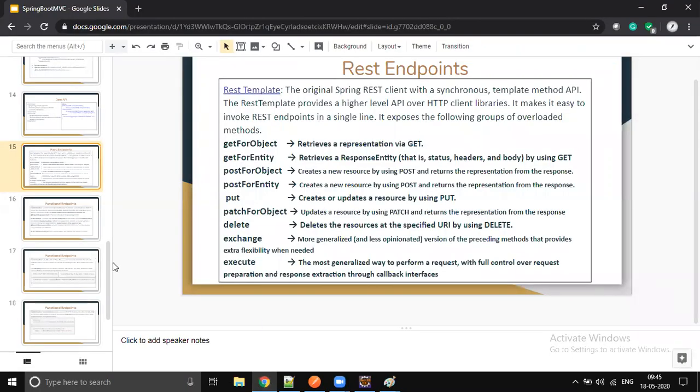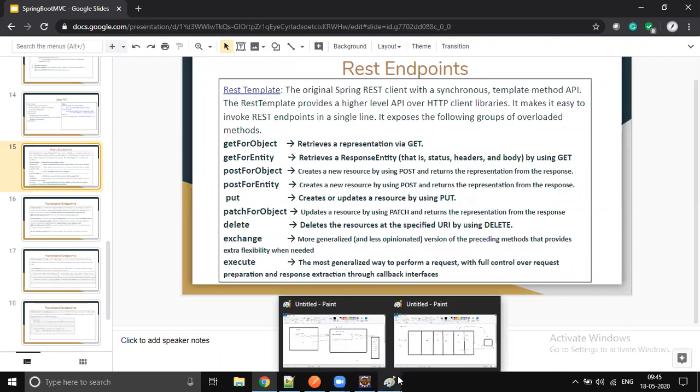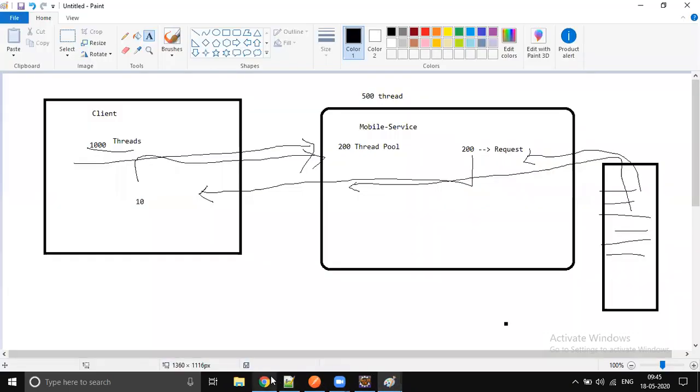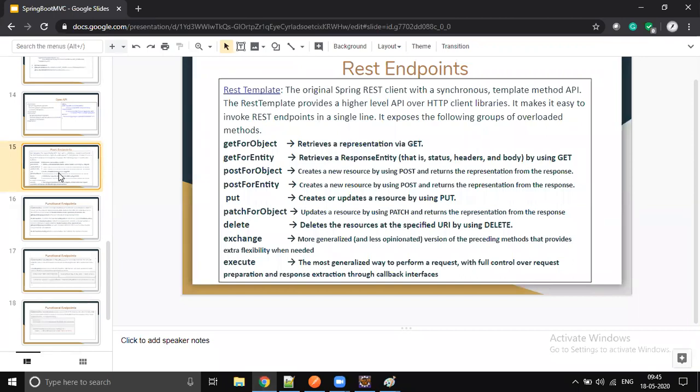Okay, so let's come back. Let's go to the next topic. Sorry, any questions? Any more questions? And one good thing, it's an advanced concept: why we need reactive programming, how many threads are there in the Spring Boot default Tomcat server, and how can we prove that exactly 200 threads are there. The concept whatever we discussed, it's a kind of proof we saw now, right? It's 200 threads for processing, and the main importance we gave is the requirement for reactive programming. Why is the world moving towards reactive? That's what I just want you to highlight.